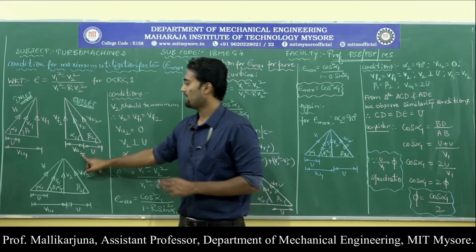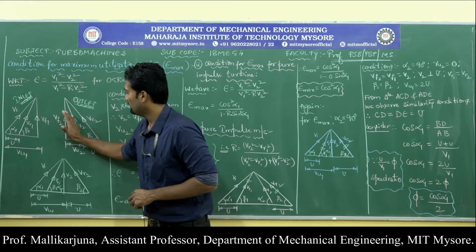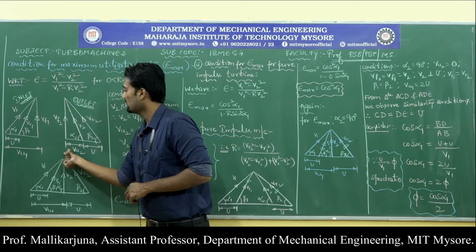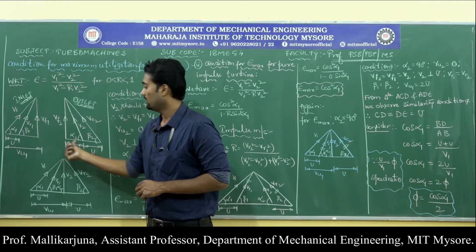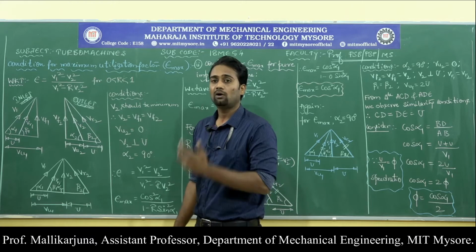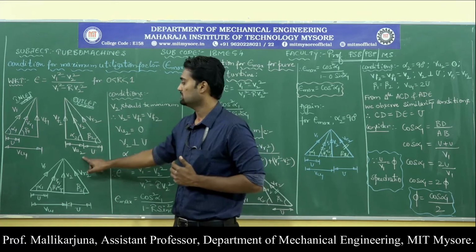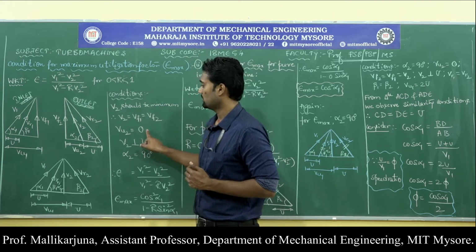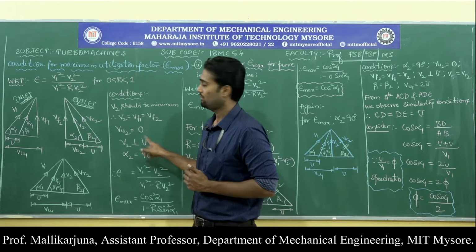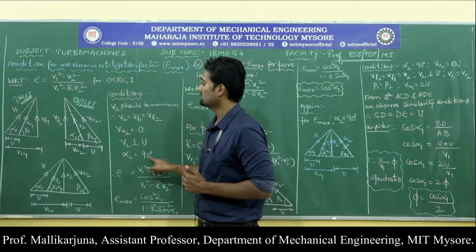Next thing is, if you look onto the value of Vu2, please concentrate on this triangle now. If V2 is moving and overlapped on Vf2, Vu2 is getting reduced and it becomes a point at this point. That means Vu2 is nullified. I mean the value of the tangential component of V2 at the outlet, which is nothing but Vu2, is equal to 0. So that is this condition. Vu2 becomes 0. Next, V2 should be perpendicular to U. Then alpha 2 is equal to 90 degrees.